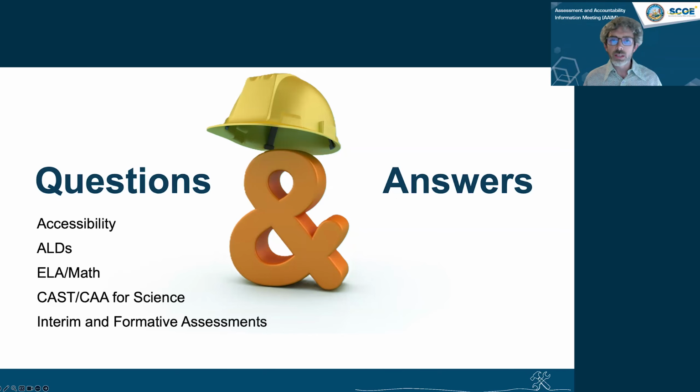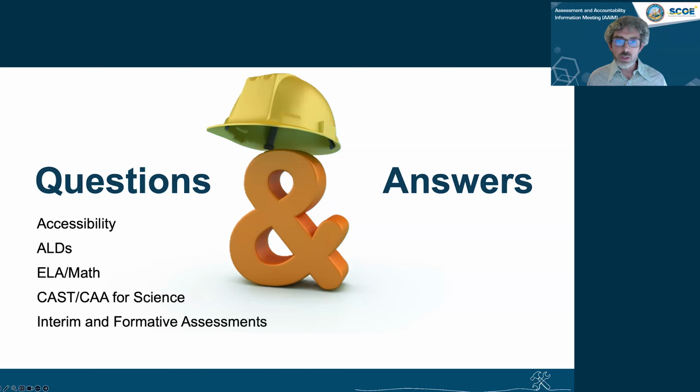And how will we know if our district will be receiving the field test items? You won't. Part of one of the criteria of field testing is that students don't know that they're taking a field test. That's what helps keep it valid. So students won't know, and you won't know as a test administrator. The instructions for all students will be the same. And so the process will be the same as well. You'll just administer the CAT and you'll administer the PT just as you would for any other year.